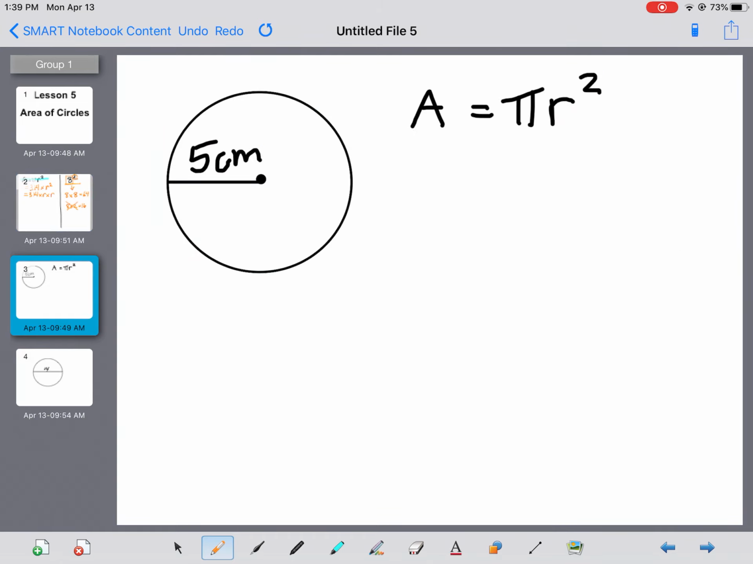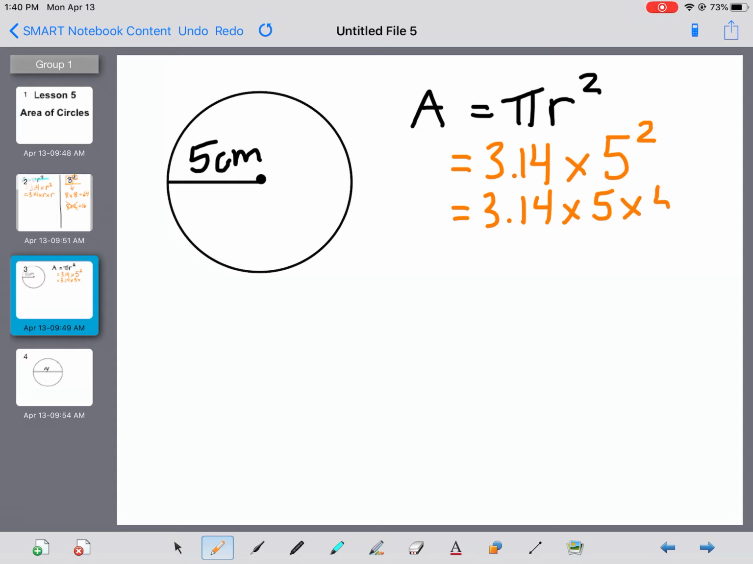All right, so let's try it with a real circle. So here we have a circle. Remember, the radius is the halfway distance across a circle. So we've got area equals 3.14 for our pi times the radius, which for this circle is 5 squared. So 3.14 times 5 squared. And 5 squared is really just the same thing as saying 5 times 5. So we come to 3.14 times 25. And then if you punch that in on your calculator, you may use those again today, you should end up